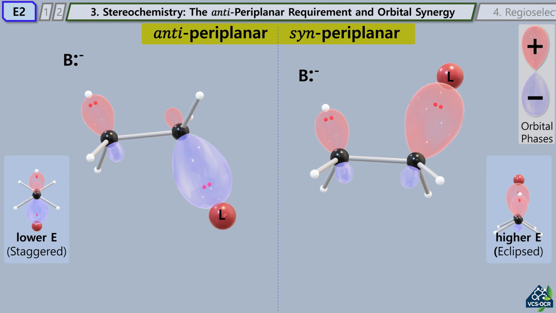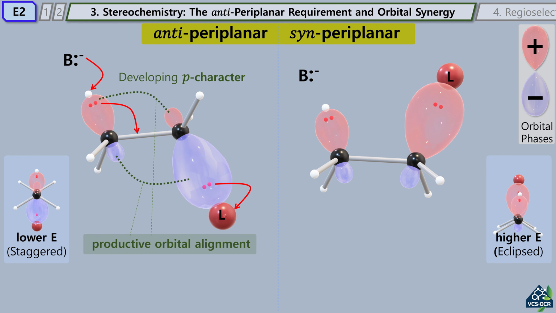As electron flow begins, the base abstracts the proton, and the carbons develop partial trigonal planar character. Notice on the screen how the carbons progressively acquire p orbital character in the transition state. For a successful reaction, these emerging orbitals must achieve proper orbital alignment. Only when they are properly parallel can they overlap side by side to form the new pi bond. This orbital synergy requires the CH and Cl bonds to be in the same plane, but in opposite directions, the